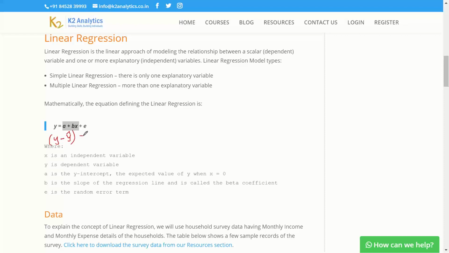is equal to error. And the regression equation, which the ordinary least square algorithm runs in the background, is designed such that it tries to give you an equation which will minimize this error across all the data points which have been fed for building the equation. So this is what you should remember.